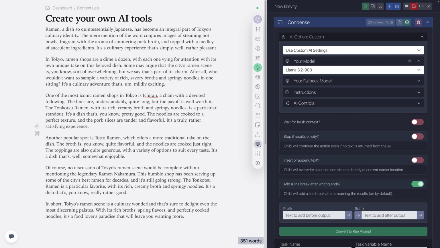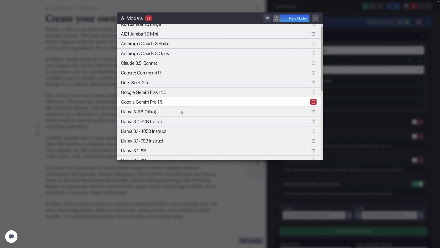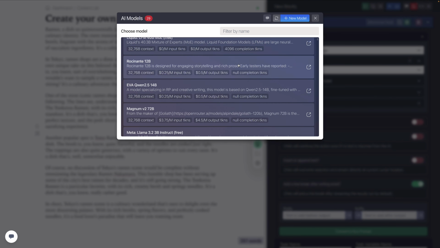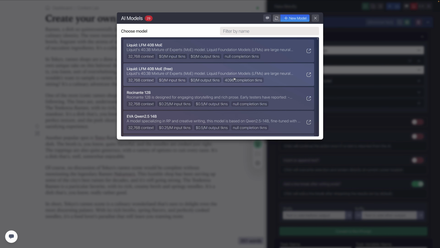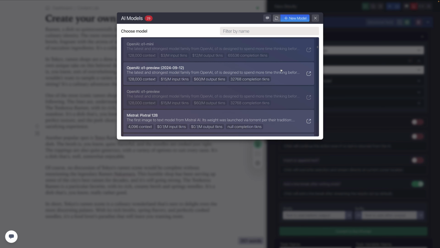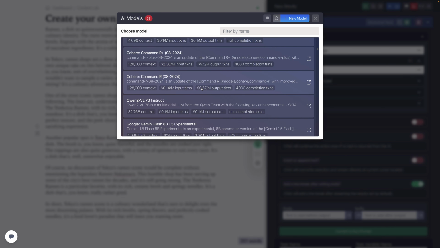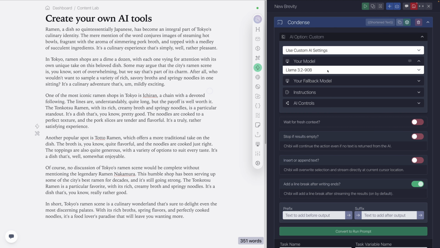You have the ability, I'll go down here real quick, to use any number of models. In fact, you can just click here to go to new models and we can add from a list of hundreds of models. These are some new models that were just recently released, and you can add them and use them as much as you like, and there's no limit to the number of models that you can add to your account. If you want to use Cohere models, Anthropic Claude models, OpenAI models, a whole bunch of open source models, you can do that. Just add them to your account once and then they'll be available to you here. Like I've got a bunch of them set up already. But for now, we're going to pick the Llama 3.2 90 billion, and then we're going to go in here